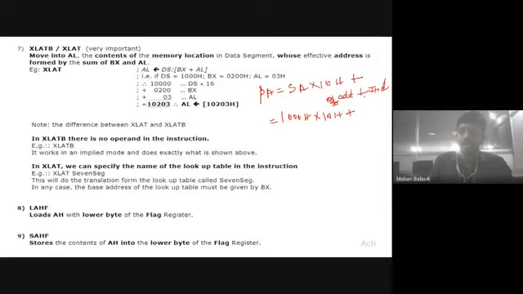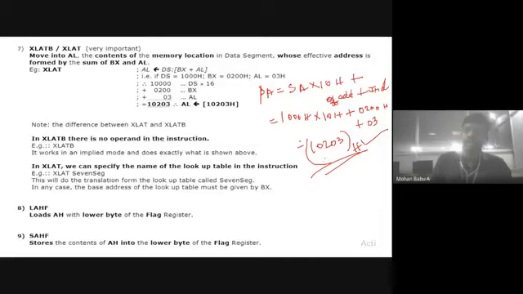I assign this as 0200H. The index value is 03H. If you add all these values, what will you get? You will get 10203. The obtained value is the physical address.